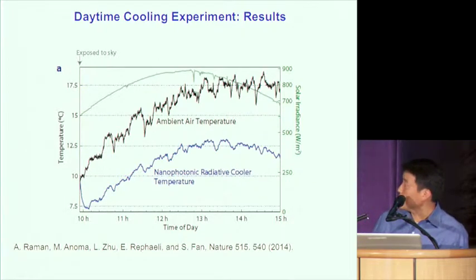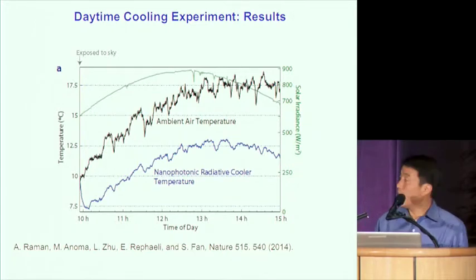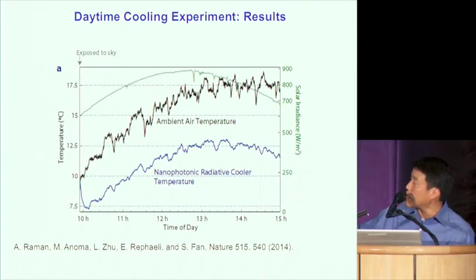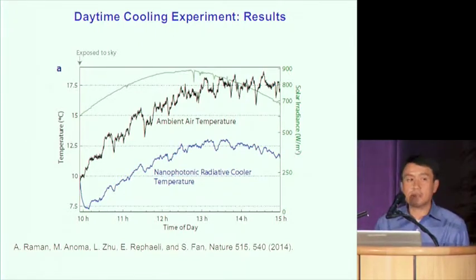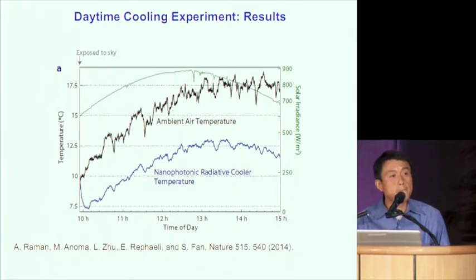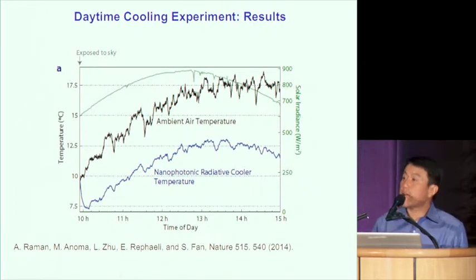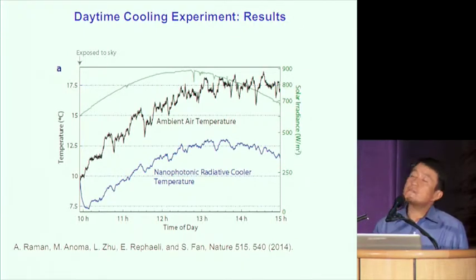The black curve here is the ambient air temperature, and the blue curve here is the measured photonic radiative cooler temperature. And you can see a 5 degrees Celsius difference between the ambient air temperature and the photonic radiative cooler temperature right at the peak sunlight of 900 watts per meter squared. So without using any electricity, and this is a purely passive approach, we may nevertheless generate a temperature that's significantly